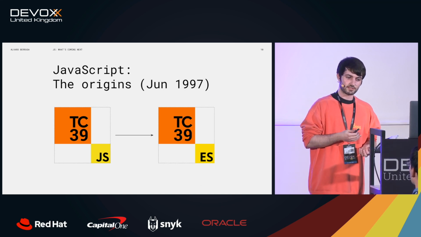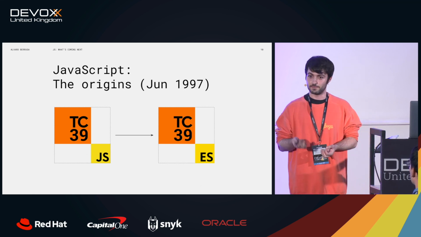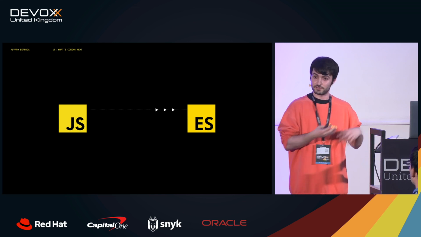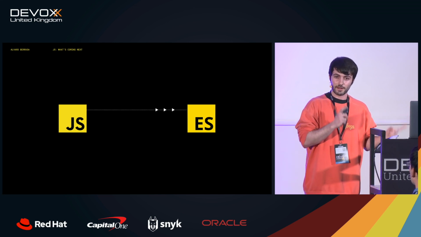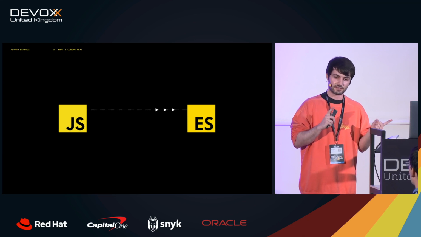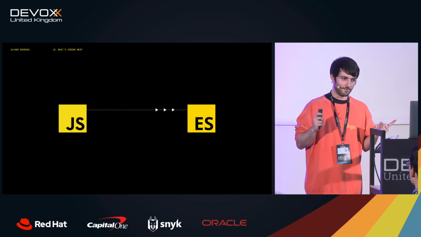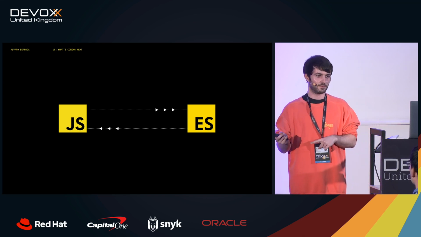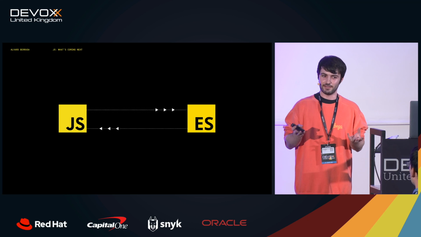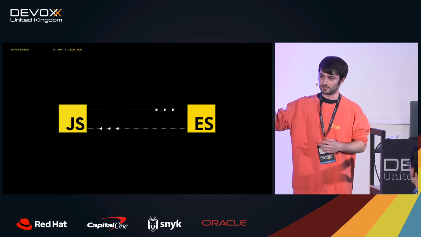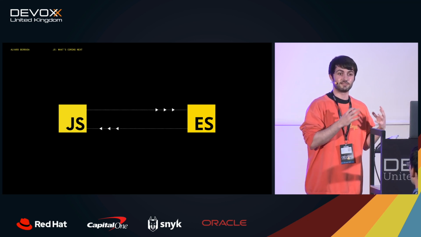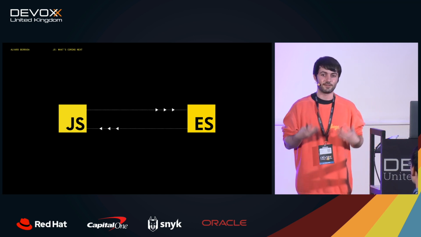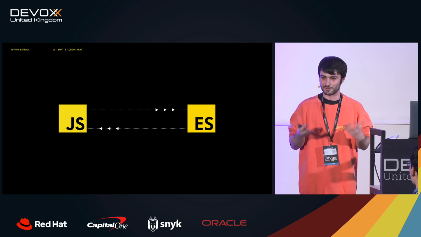This was a big moment for JavaScript, because before this point, ECMAScript was created based on JavaScript by the TC39, but from now on, JavaScript is no longer its own programming language. It's now an implementation of ECMAScript. What does this mean? If ECMAScript changes, if you change what is in this document, then JavaScript needs to support it, okay? So you might be wondering, Alvaro, why are you telling me this after 4 minutes of the talk?